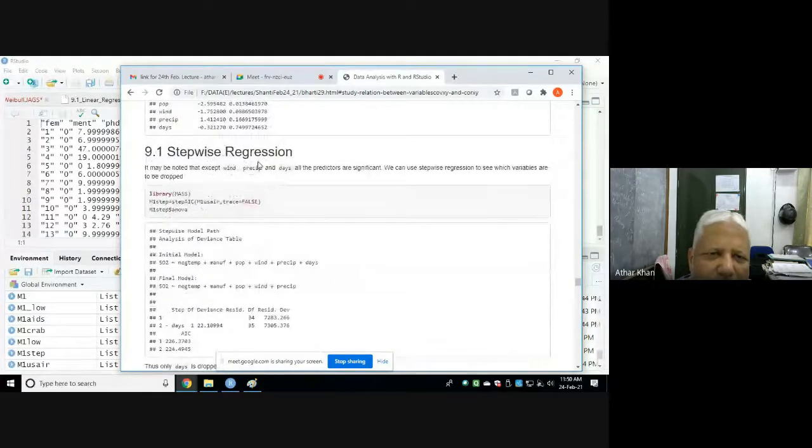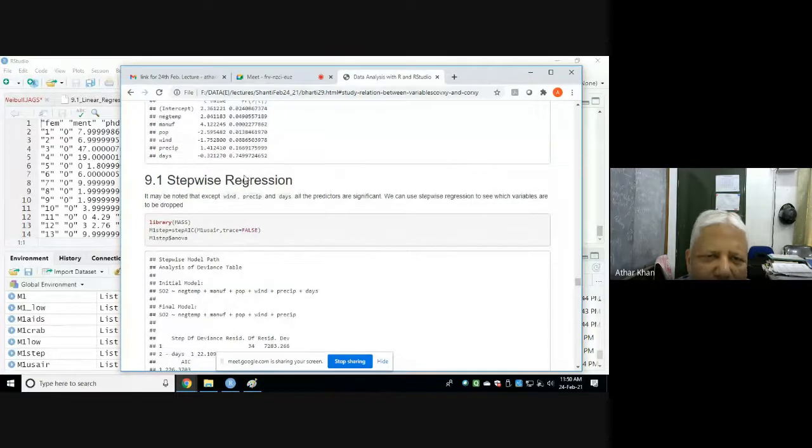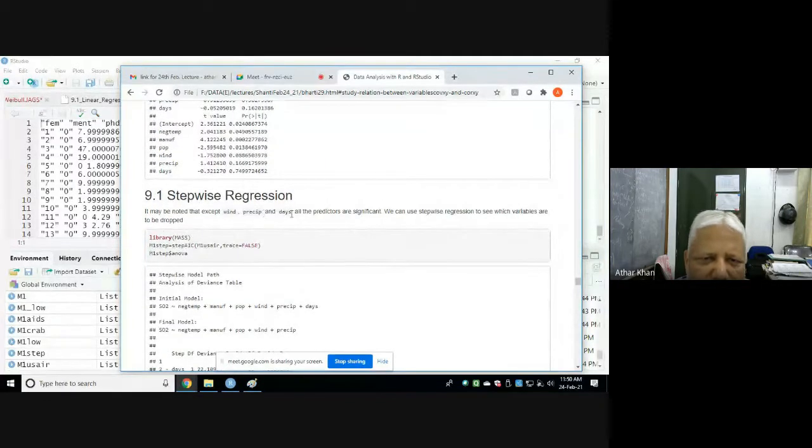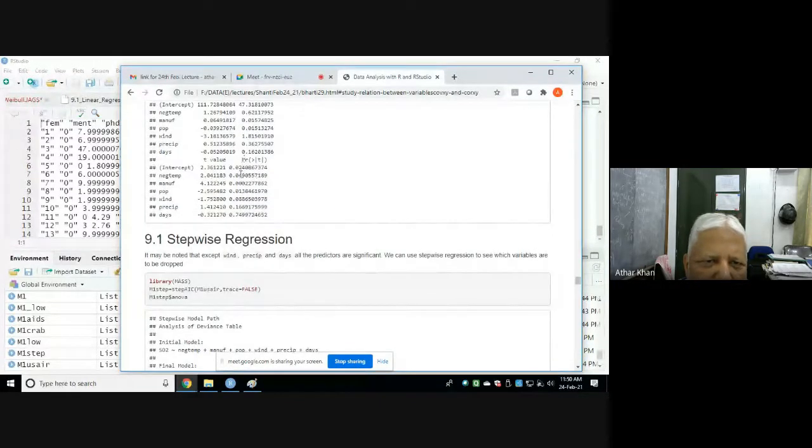Then stepwise regression. It may be noted that except wind, precipitation and days, all the predictors are significant. See, those having small p-values: negative temperature is significant, manuf is significant, pop is significant. Wind is not significant because its p-value is not less than 0.05.